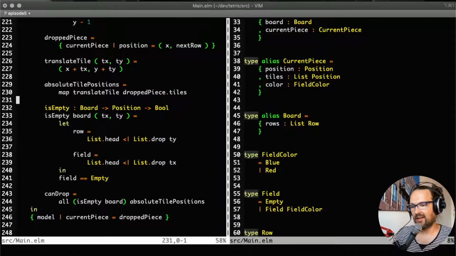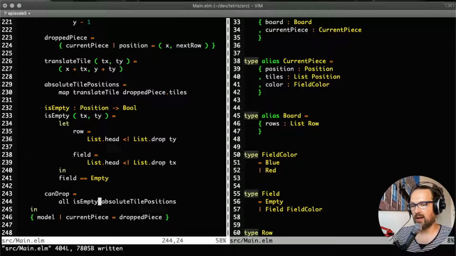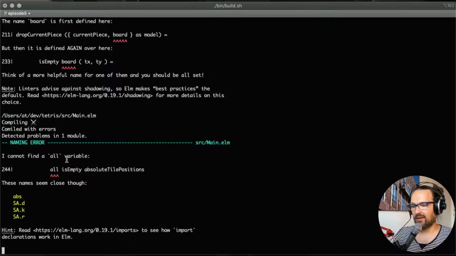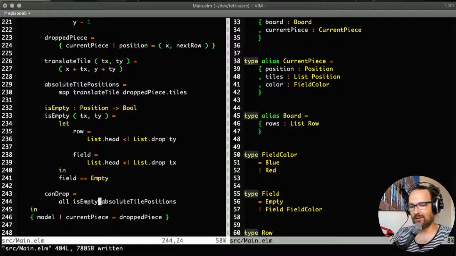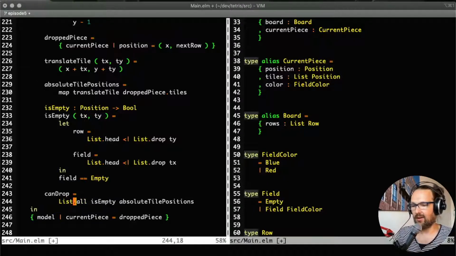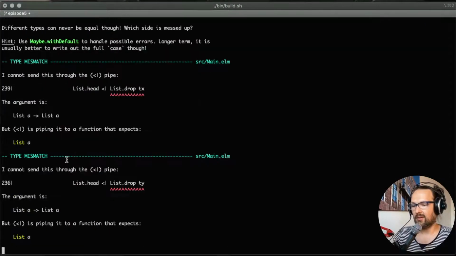Actually I can simplify this because it's a local function. I can directly access the board, so I don't even have to do my little partial binding trick here. Just going to remove this. Boom. Let's see. Now we're getting closer. We have to qualify the list all call here, so it knows from which module to take this. Okay, I cannot say